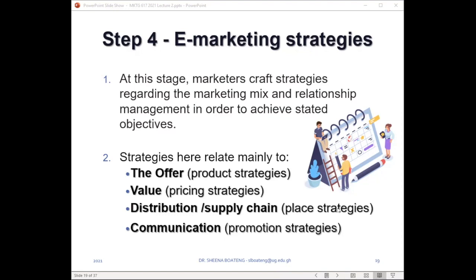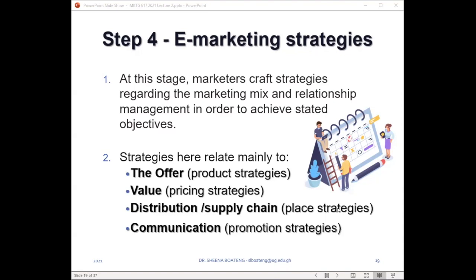We can also talk about processes, the processes that are involved in completing transactions online to going through offline processes to make sure that they receive their products. At the same time, to physical evidence, what they see online and are promised online, does it translate to what they actually physically receive? And that is why we talk about the fact that with the marketing mix and its application to e-marketing strategy, we are looking at the application of all the 7 Ps. But chiefly among these is the issue of relationship management, because it's not just enough to give the customers what they want. We also want to be able to keep them with us in a trusting relationship over an extended period of time.